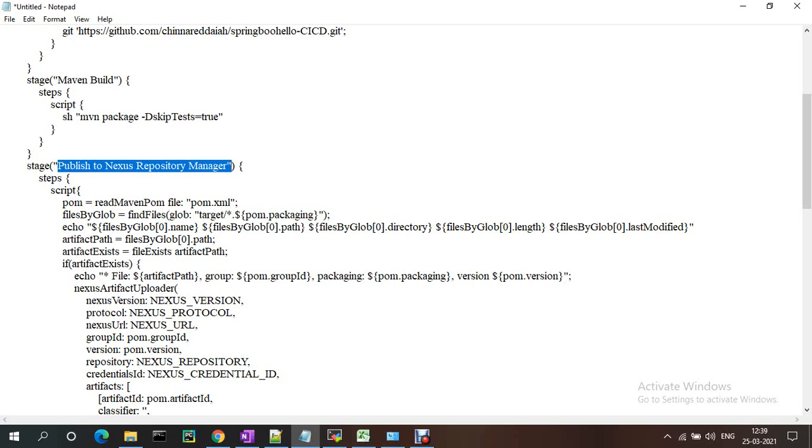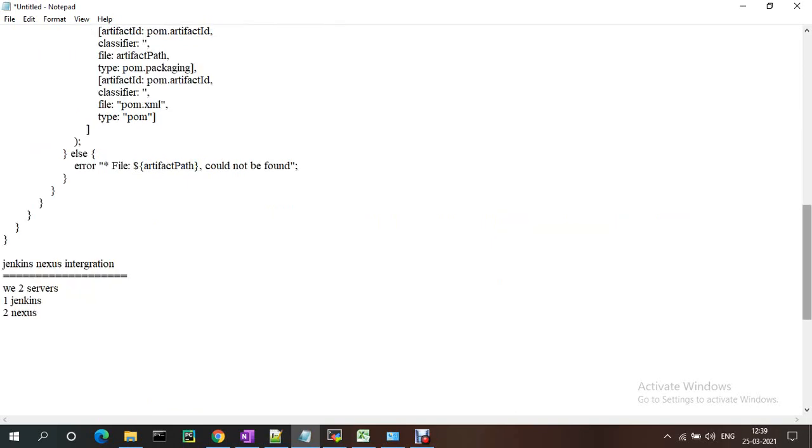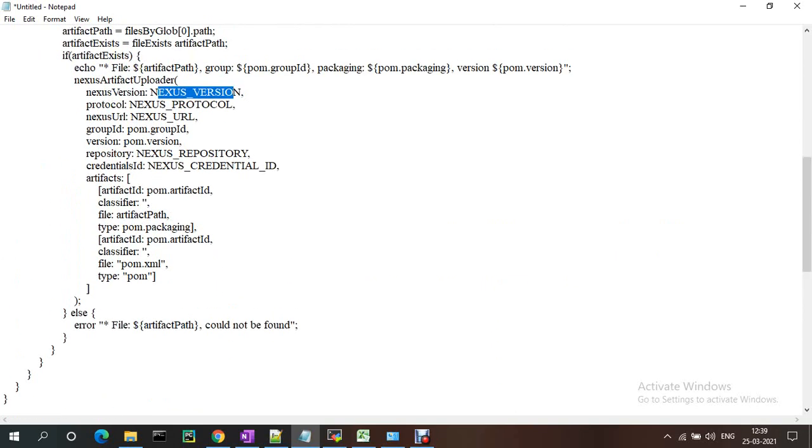So the pipeline utility, it will read the form file. Okay, it will read the group id, artifact id, everything. So here nexus version, and here nexus protocol and the URL of the nexus, group id, artifact id, everything it will be read from there.